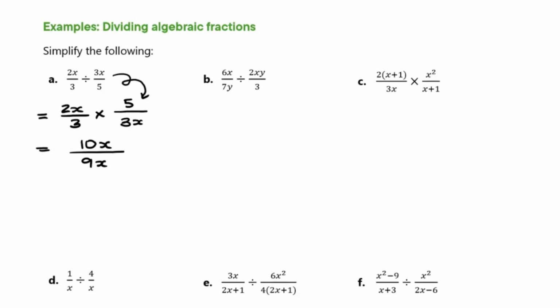We now have 10x over 9x, so those x's can cancel, and you can write your answer as 10 over 9. Improper fractions are fine. Next one,